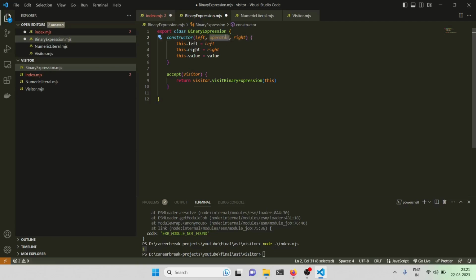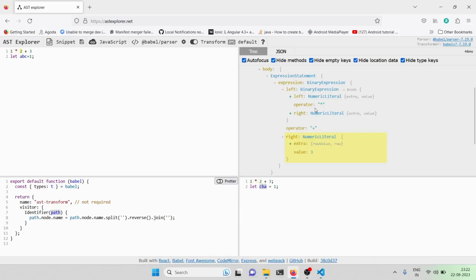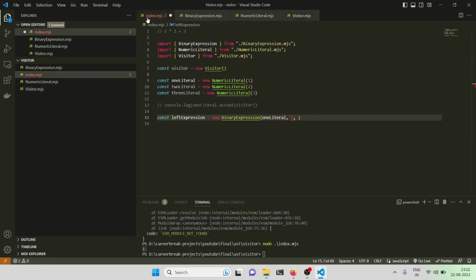Operator, here also it should be operator, here also operator. Yeah, it should be operator. Why I'm saying operator is because we need an operator here, if you see within a binary expression, if it was not clear previously and you might have got confused because of me. Anyway, so we have expression dot left accept this plus this. Okay, expression dot operator, and we need to give 2 literal,